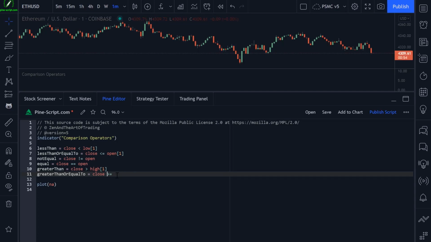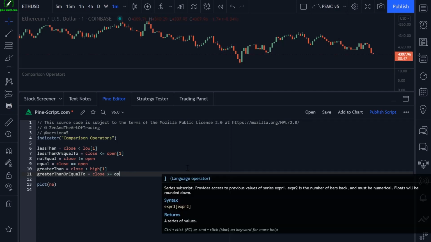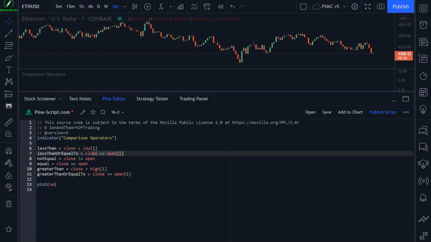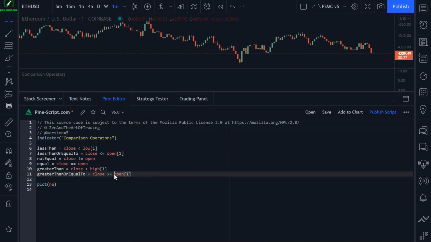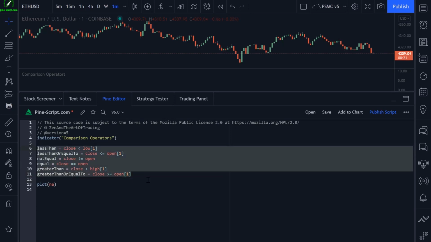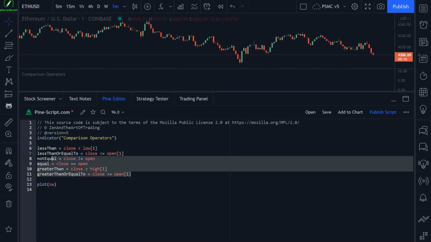So the right arrow equals, and then we could pass in anything here. Let's just do the same thing we did up here. So this would check if the current bar's closing price value is greater than or equal to the previous bar's opening price. And now this can be applied to indicator values. It can be applied to your own mathematical values. These operators work on all numerical values in your script. And that's it for